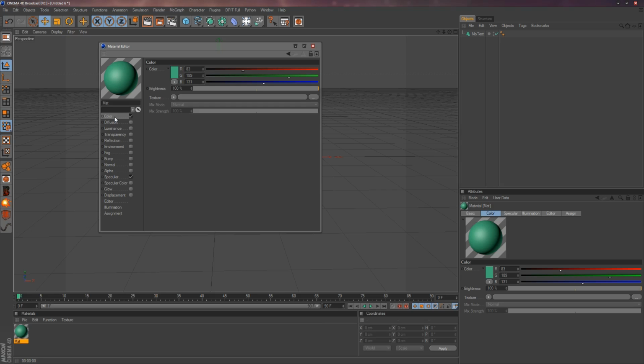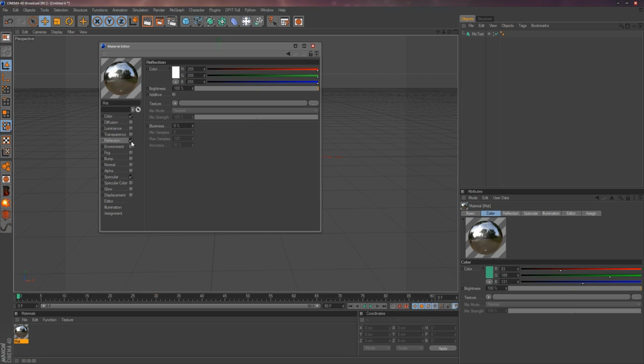So next we're going to go over to reflection, which is a popular one when working in Cinema 4D and doing text type introductions for your videos. The reflection is basically the reflection that your material will be given off. So at the moment it's a bit too reflective, we can't even see the colour that we've originally created, so we're going to turn the brightness down to say around 40,